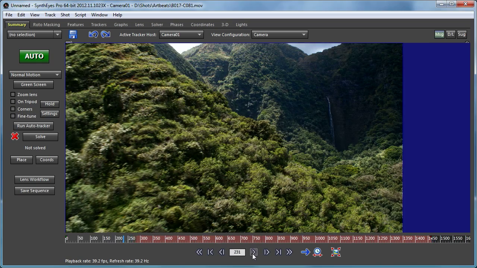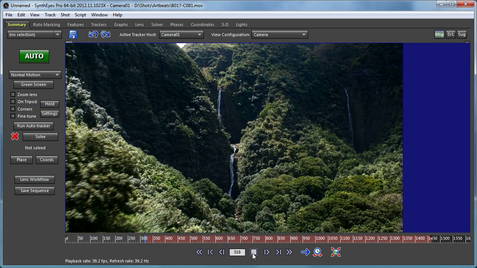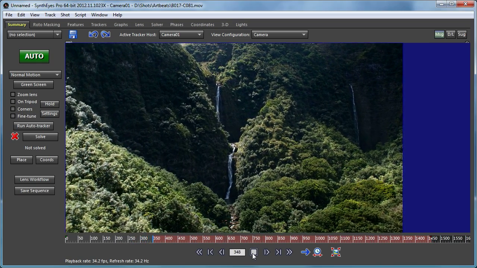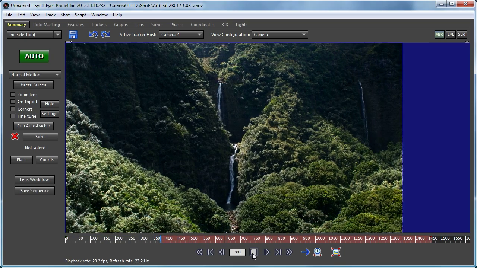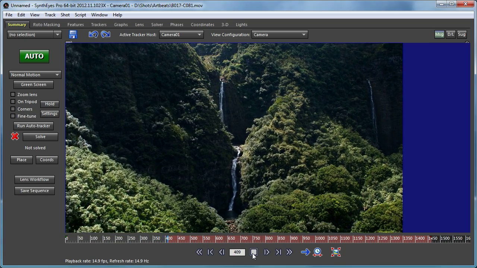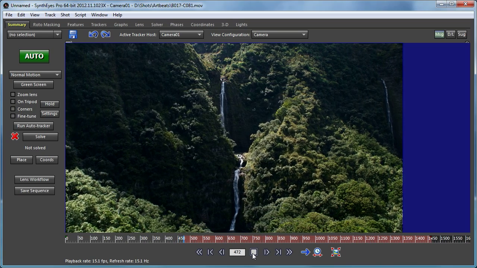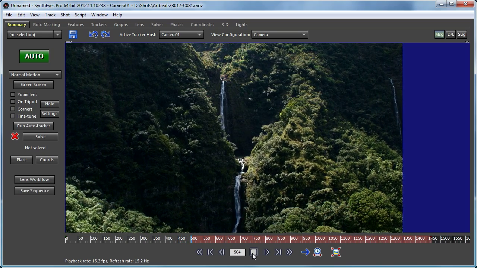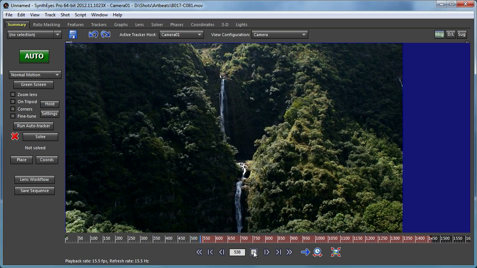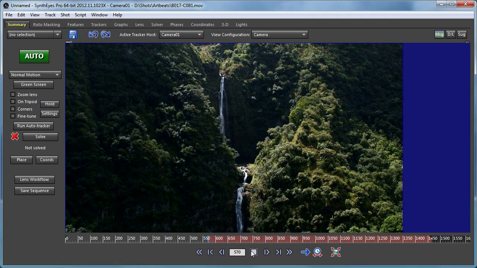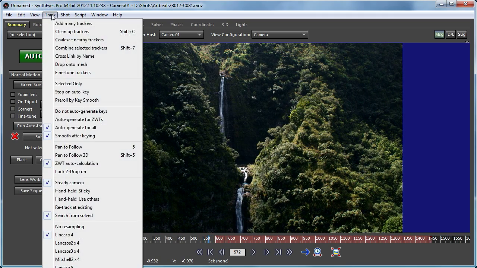See, sometimes it's still working its way through the shot. This is being read by the Windows Media Foundation reader on Windows 7. You see it's reading these files at around 15 frames per second. So it will take a little bit of time to do that. While it's doing that, let's go to